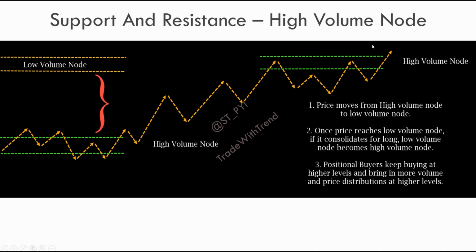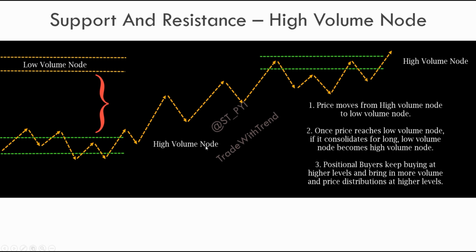So before moving on to the concept of high volume node, I would repeat that in the previous section, what we have seen is the classic technical analysis method where we mark out support and resistance levels for swing trading. I've just made two small modifications. Number one, instead of a particular level, we are trying to pick out a range as support and resistance. And number two, we are using the Fibonacci 50% retracement indicator to pick out high probability support and resistance regions.